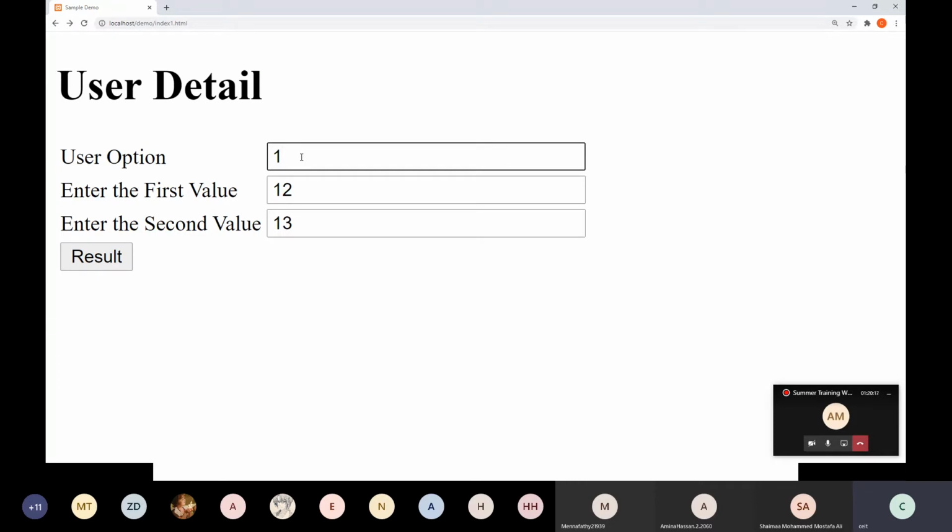Like in JavaScript, we have seen that when you get the detail from the user, by default it stores it as a string. That's why we need to convert it into int. But in PHP, it gets the value directly in integer format.